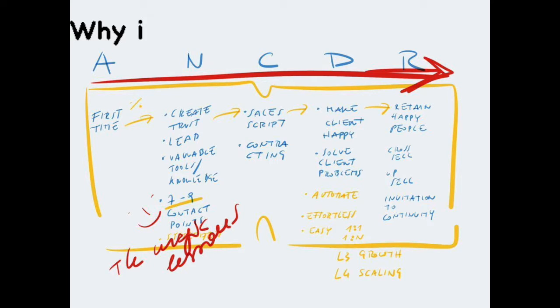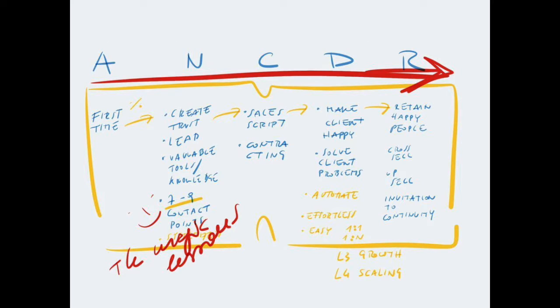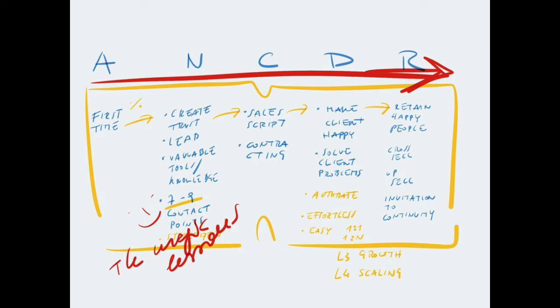Why is the bottleneck in the C, in the closing? So this is just a symbol, but it's a great question because it gives me the chance to explain the theory behind the model. The theory of constraints, called TOC, is a very helpful theory from somebody who was studying production. And now this is also the second question: can you give an example from operations and factory? Because